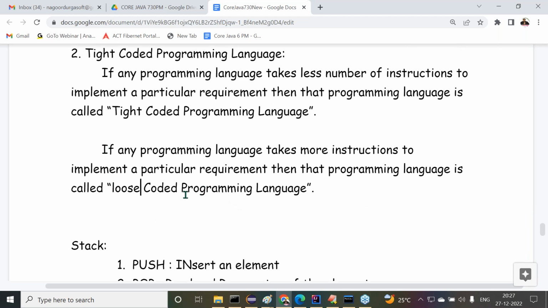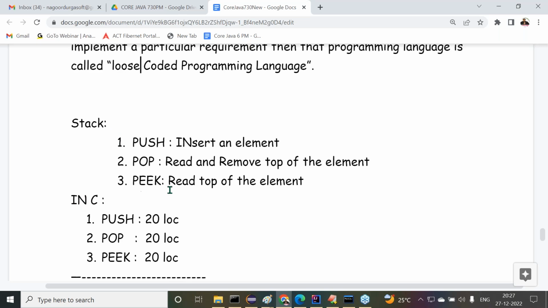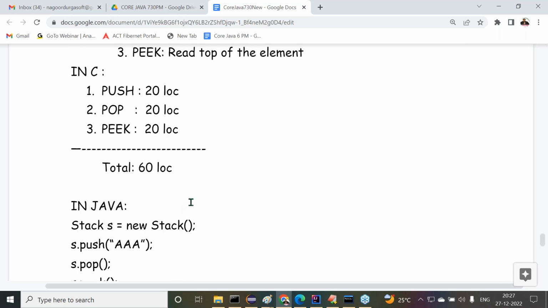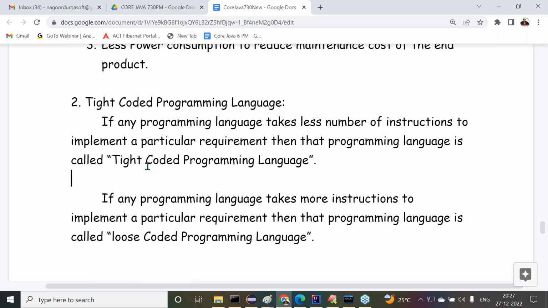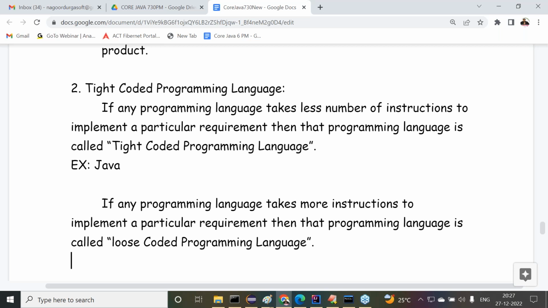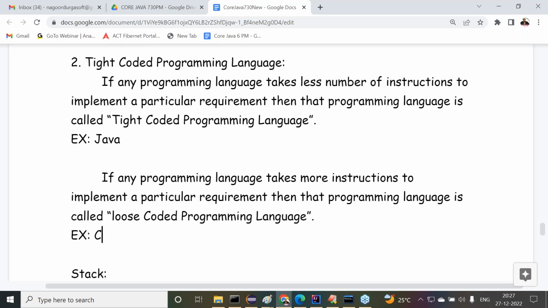Now tell me, we have already seen stack operations in C and stack operations in Java. Example for a tight coded programming language is Java. Example for a loose coded programming language is the C programming language. Got it or not?